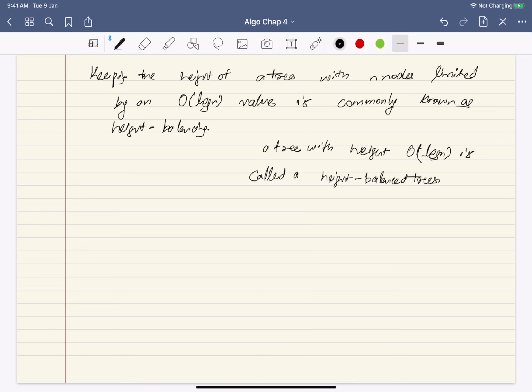Okay, so actually there are quite a few. For example, red black tree. Red black tree is one particular family. Then there are AVL trees. Okay, in this course we will only talk about AVL trees, but you can always go back and read about red black trees. Ideas are very similar. I mean, the underlying idea, how you maintain the height balancing, is very similar, but the details vary. So we will now start talking about AVL trees. What are AVL trees and how do you maintain this height balancing property?